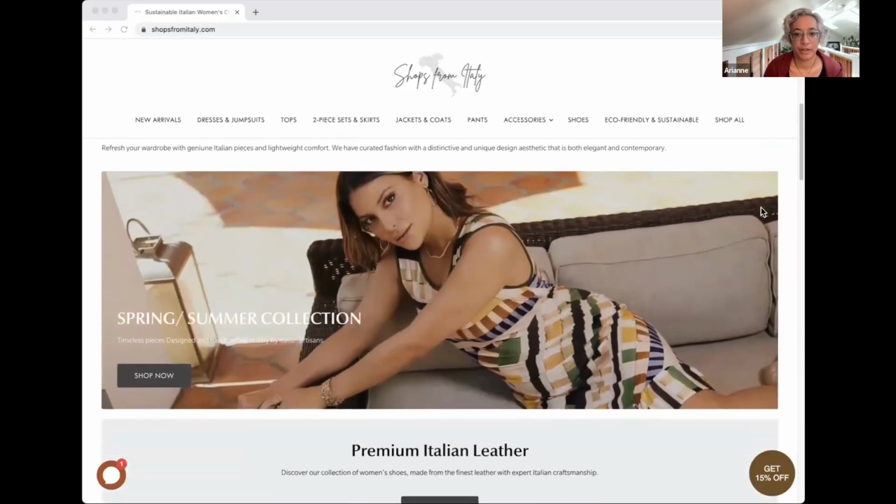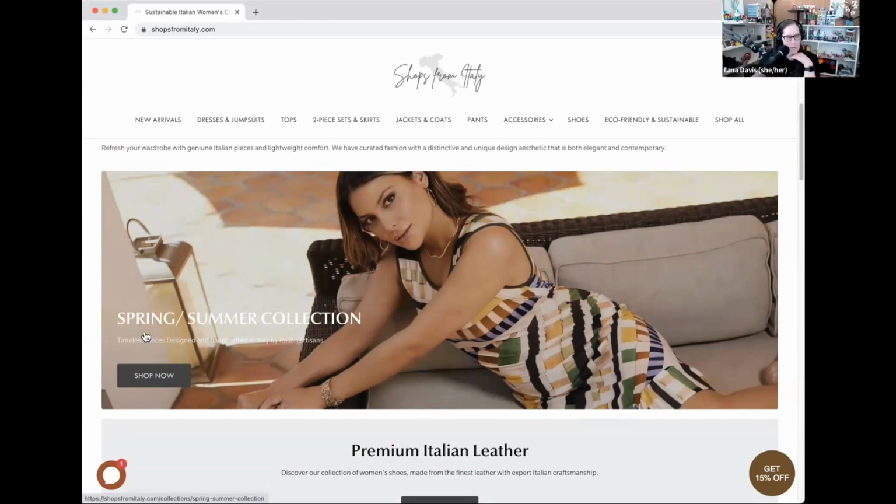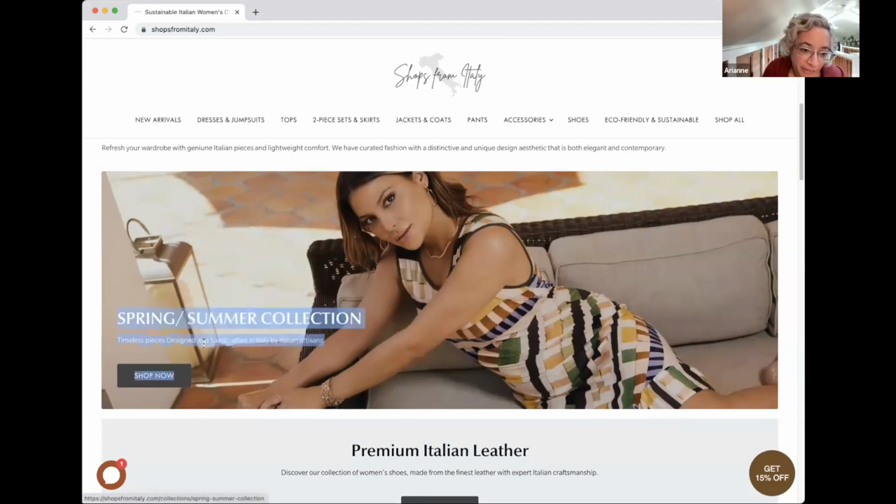So my first question about this brand is it's called Shops from Italy, which is plural. And I'm wondering, is this a single designer brand and all these things are made by one company, or are you selling things from a whole group of different Italian designers? I'm trying to highlight a little info at the top so you can see it. I think that's what this is. That white text on white is very hard to read. I was trying to highlight it for you because you can't read it, but I think it's exactly that, it's by multiple artisans, and that's really difficult to understand.